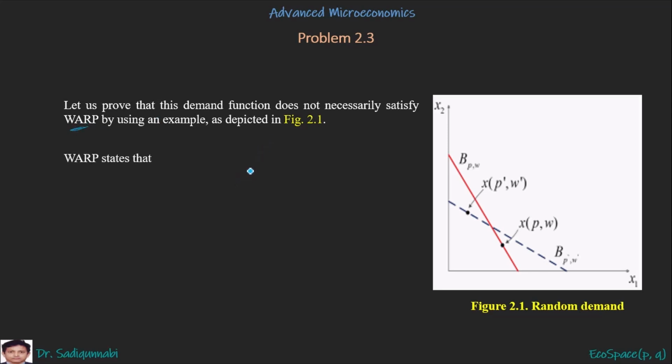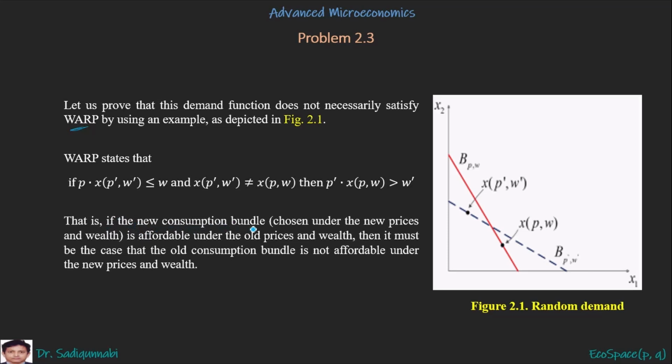WARP says if the new consumption bundle, this one, is chosen under the new price and wealth, so the new price here is P prime, and the new wealth is W prime, and if this bundle is affordable under the old price, that is, the new bundle at the old price is less than or equal to wealth W, and the new bundle is not equal to the old bundle, then